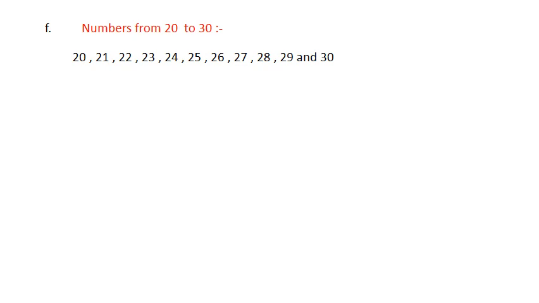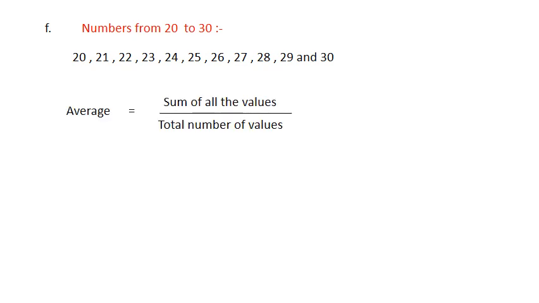Now what is your next step? The next step is to write down the formula. Okay, start writing the formula. What is the formula? Average is equal to the sum of all the values divided by the total number of values. So how many values are there in total here, student? See, 21 to 30, 10 numbers are there, and plus 1, total becomes 11. So what we'll do? We will add the sum of all the values.